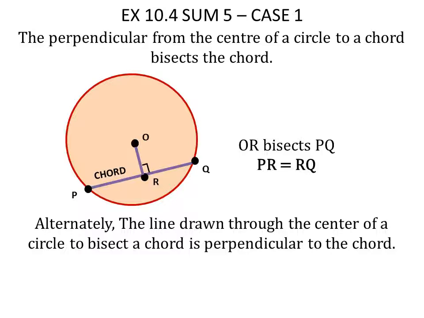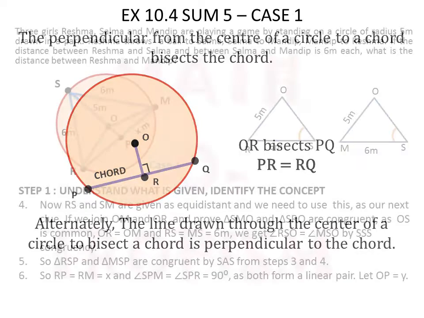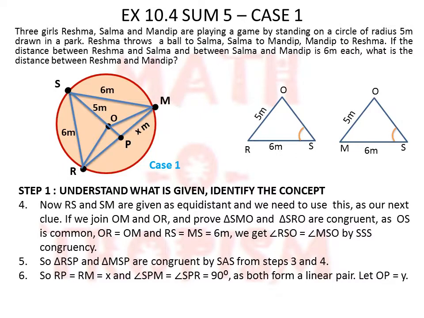So either way we can prove it. Here we can directly prove it to be 90 degrees since both angles are equal and they form a linear pair. I have taken that. But if you want to introduce a theorem, we can as well use that theorem here. We will take RP as x meter, and we will take OP as the unknown.